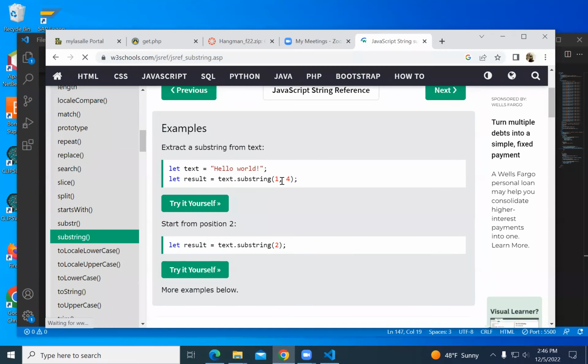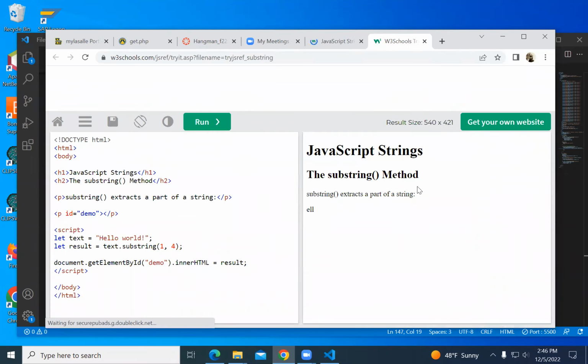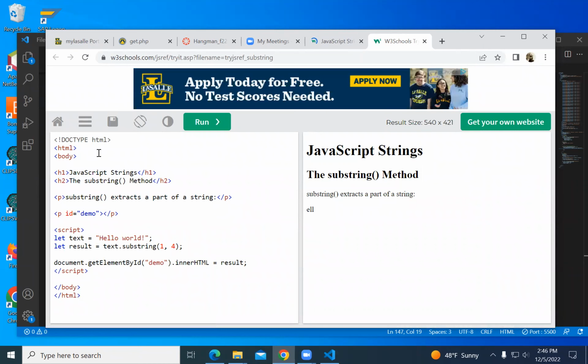The first one is a position, and sometimes the second one is another position, and sometimes it's a length. For us, the length will be a 1.